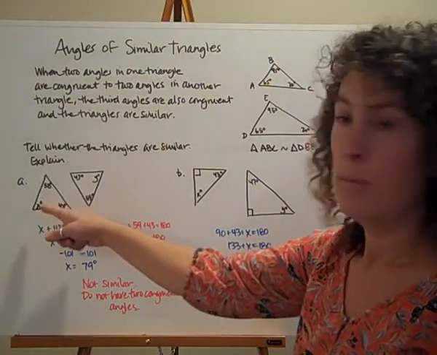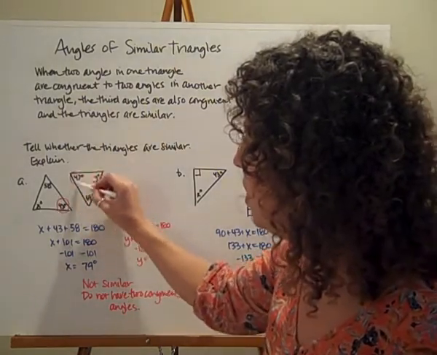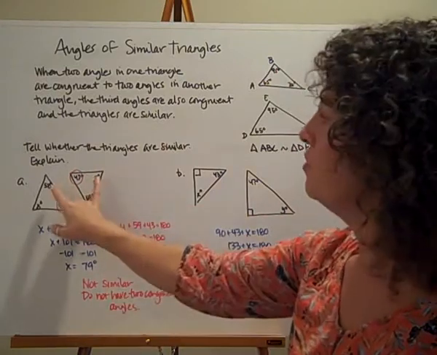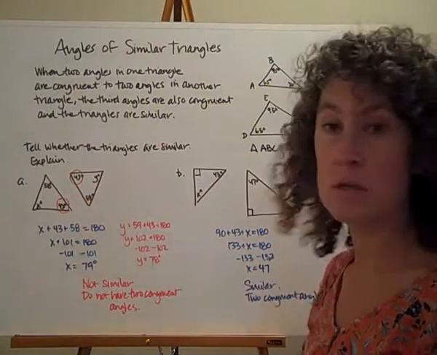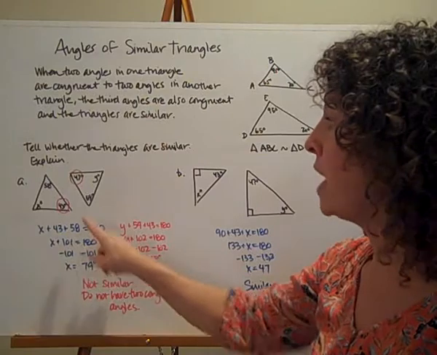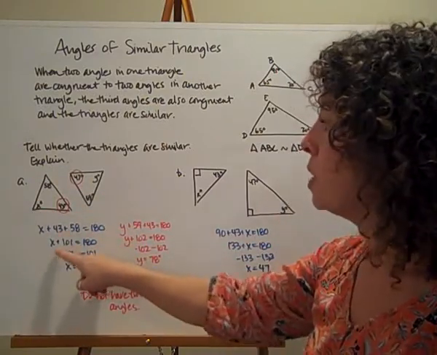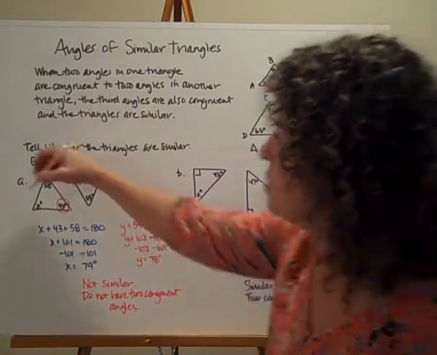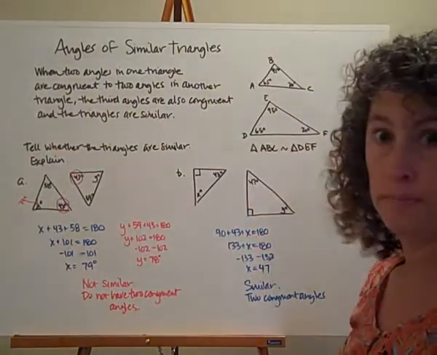So let's see if we can figure out what the measure of X is here, because I know that I've got one pair of matching angles. They both have the 43. So it'd be nice if I had two 58s here, or two 59s here. That would work. I know these two are not the same, because they're not the same measure. So let's try to find X. X plus 43 plus 58 equals 180, because I know in a triangle they have a sum of 180. Combine like terms, X plus 101 equals 180, subtract 101, I get X equals 79. So this angle here is a 79 degree measure.